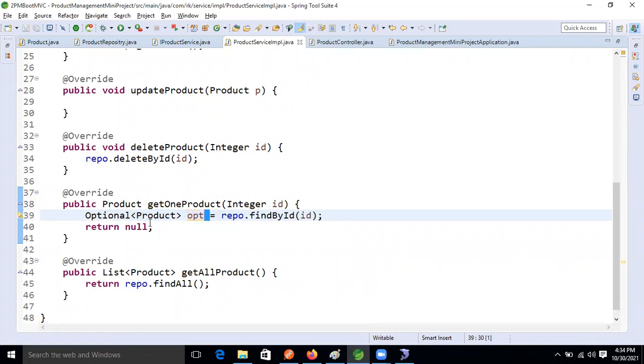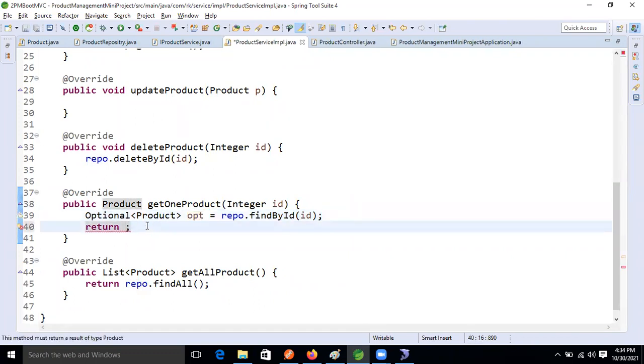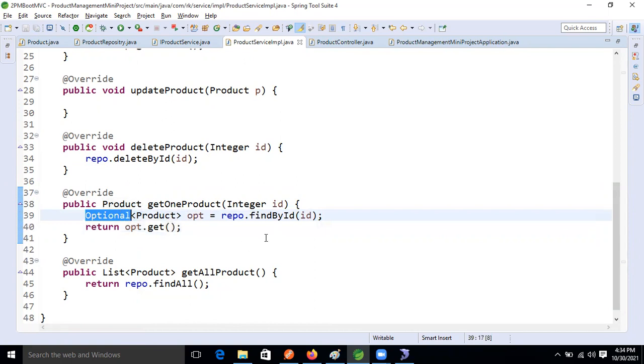Optional. Remember. So later I will implement exception handling, right? Now just focus on this area, just normally focus on the methodology. So optional dot get: we need to select one object and return it, right? For that, this is the method. Which one? Optional. What is the use of optional? It will check null data. If it is not null, then it will return the data back, right?